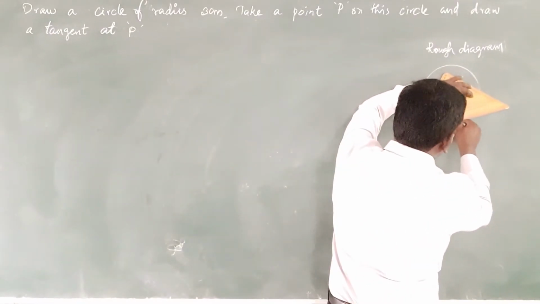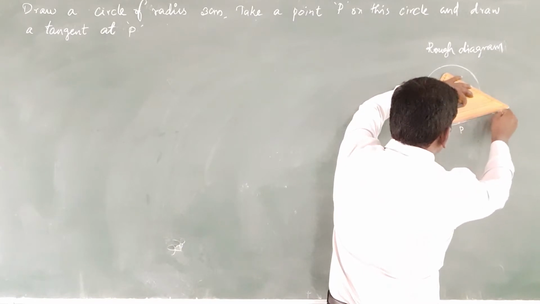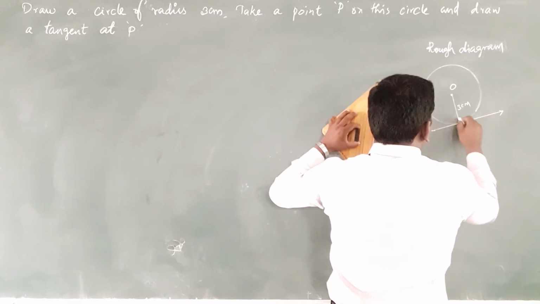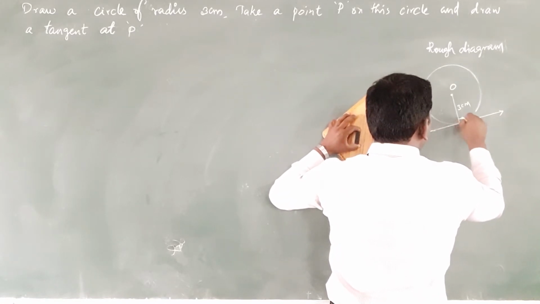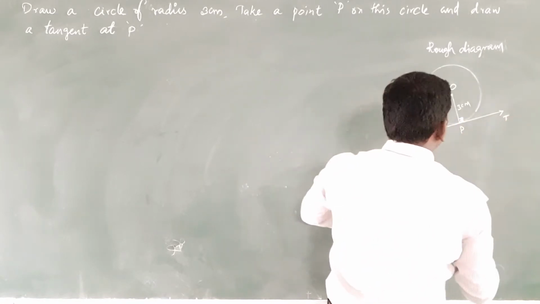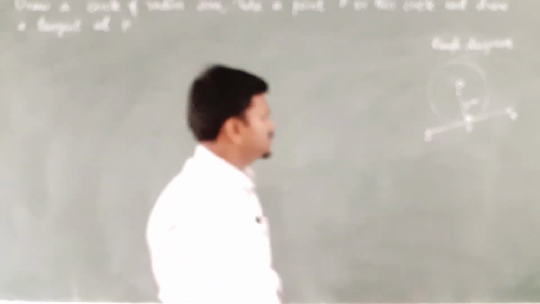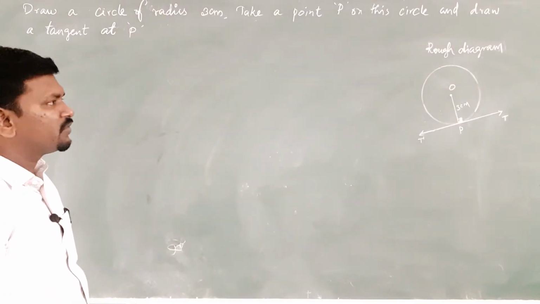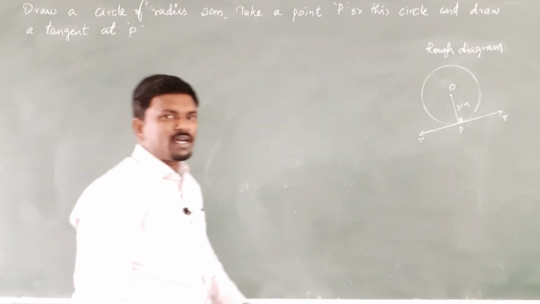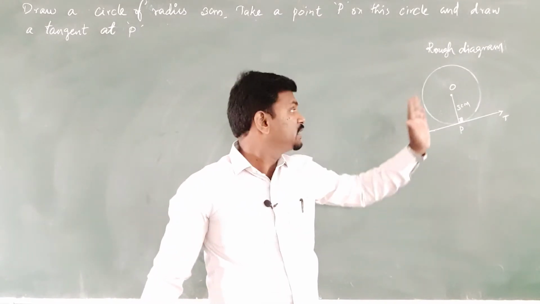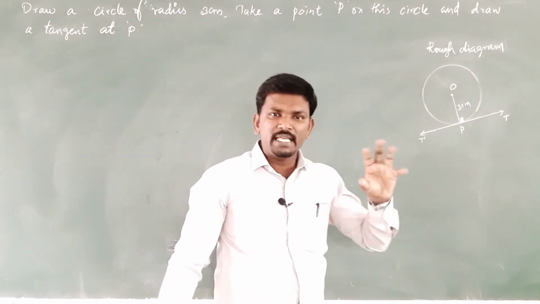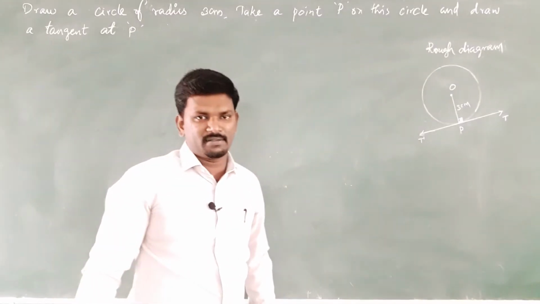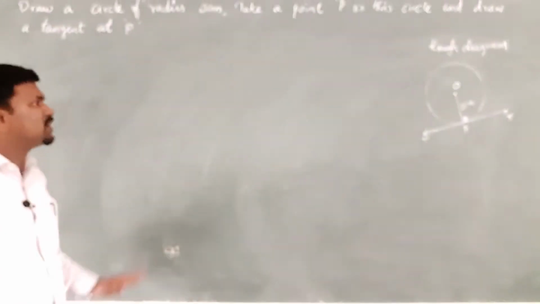And the tangent to the circle. So you know what a tangent of a circle is. A tangent is a straight line which touches the circle exactly at one point. So this angle will be 90 degrees, and the tangent is T T dash. So this is the rough diagram, a very simple rough diagram. Even though it is a rough diagram, when you draw the circle, you can use any circular object, but it is good to use the compass. Then we will draw the fair diagram.